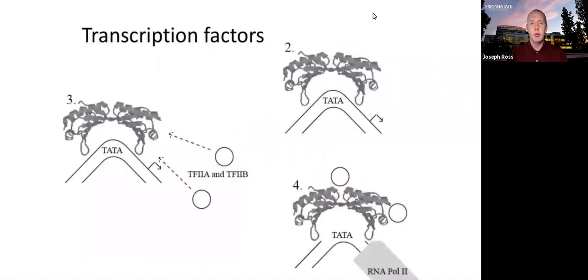So here's an example transcription factor, and this is a general transcription factor, or GTF, which means that it is a transcription factor that operates whenever transcription occurs. That's why it's called a general transcription factor. There are other transcription factors that are more specific, but this protein, the TATA binding protein, which is also usually abbreviated TBP,